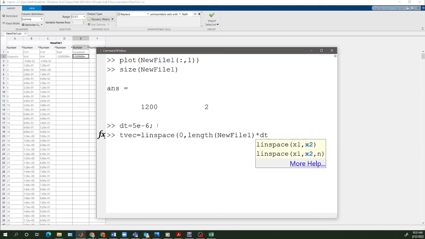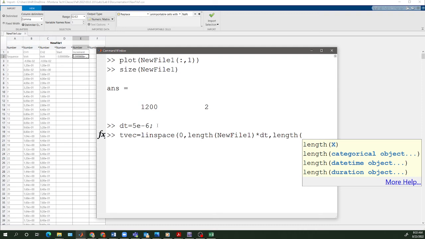In other words, this should end at, so 1200 times 5 times 10 to the negative 6 is how long the window is. We'll go back and do that calculation here in a second. And then the last thing I want to tell it is how big the space is, or how many. And then how many is